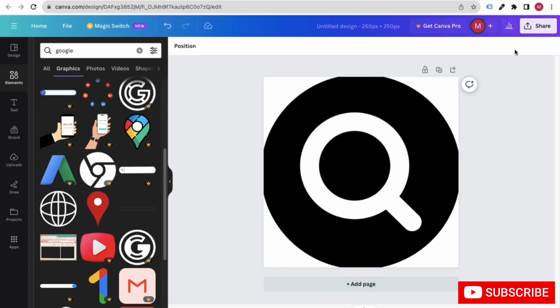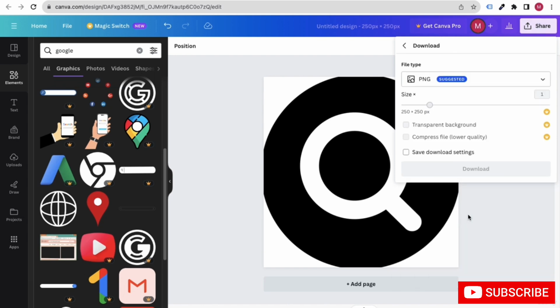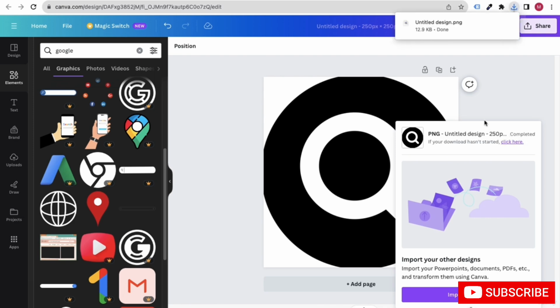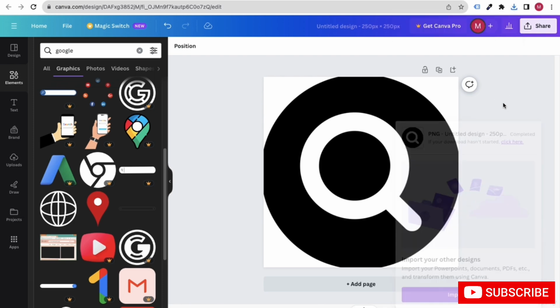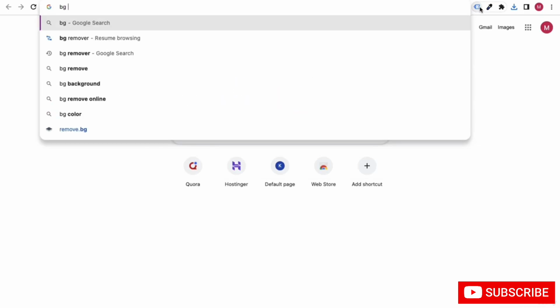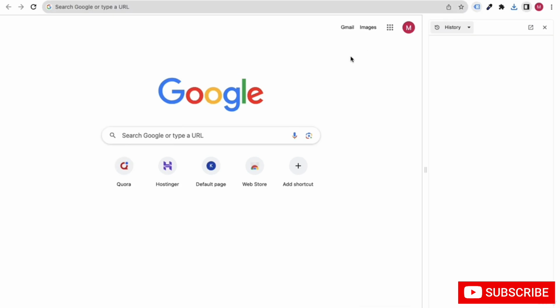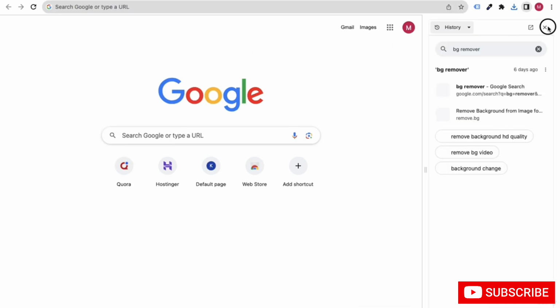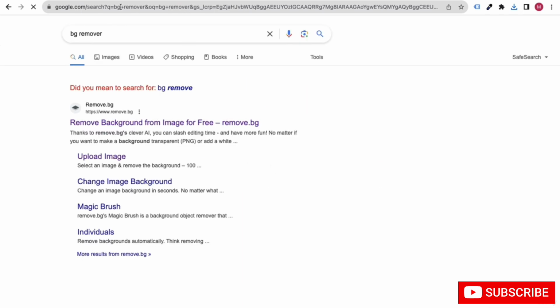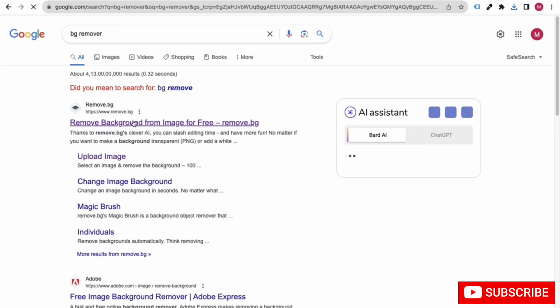Now you can simply download it for free. Superb, right? Now what you can do is go to a background remover website. Just search for BG remover, and you will see remove.bg.